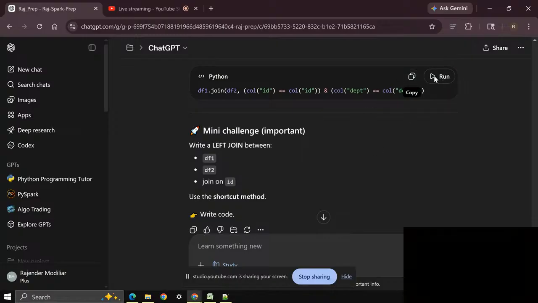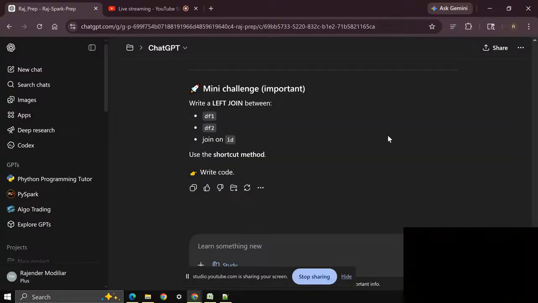There is a run button here and we can just click on it and it will try to define that and tell you. The mini challenge is a left join: write a left join between these two, df1 equals df1.join(df2,